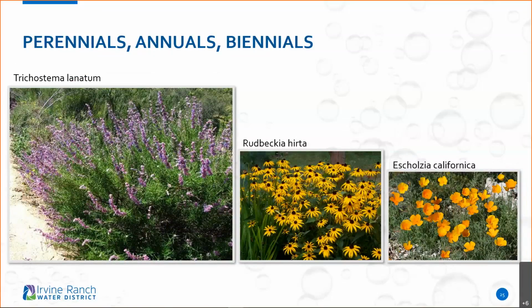I look at all these pictures, and one of my favorite plants is, you're looking at it right there to the left. It's called Trichostema lanatum, which is woolly blue curls. It also has a common name of California rosemary. It is a gorgeous plant. It's evergreen. Once those flowers are done, you just deadhead it, and it's going to stay nice and green. Absolutely hates summer water. You just leave that alone. If you are going to give it a splash, give it one quick splash, if that. But mine are doing excellent. I've had them for years, and what a gorgeous plant. So we'll take a look at that a little bit later, where to find them.